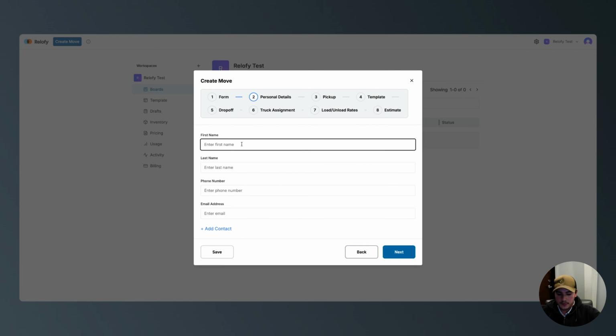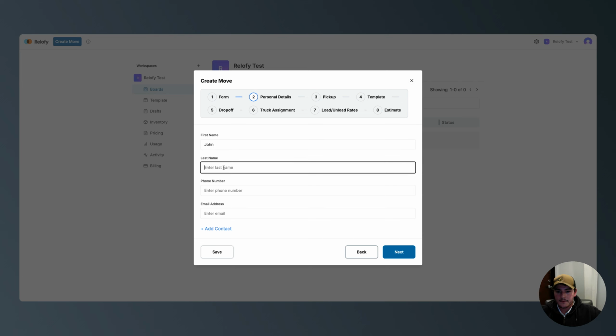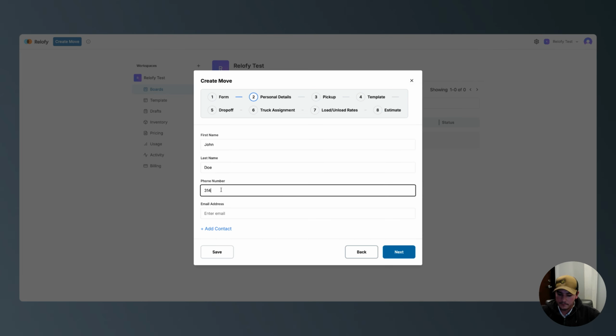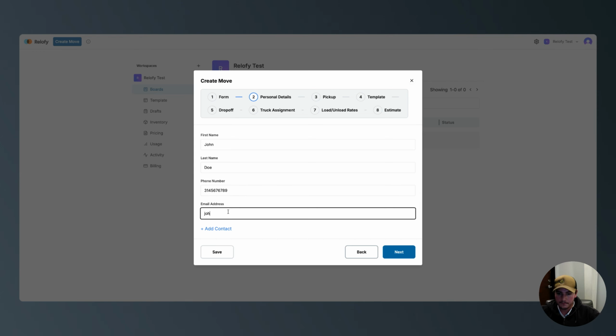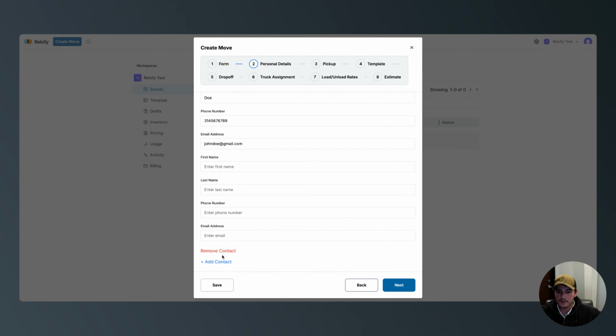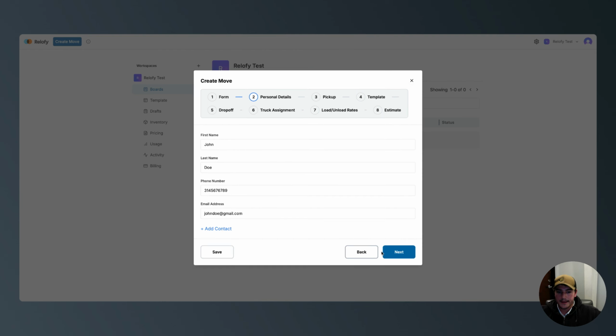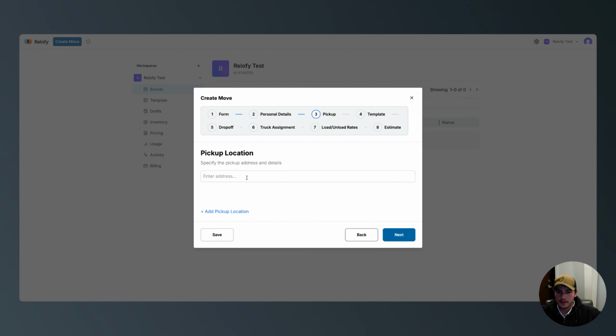On this page, you'll put the customer's contact information and their phone number and their email address as well. You can put as many contacts per profile as you would like. For this case scenario, we'll just do one contact, and we'll move on to the next page and put the